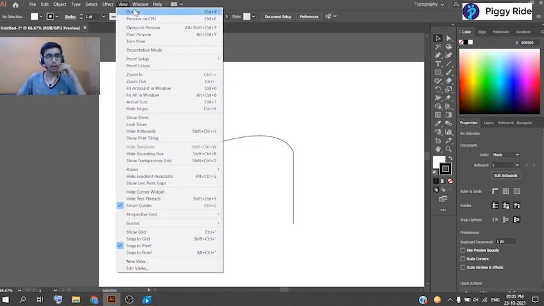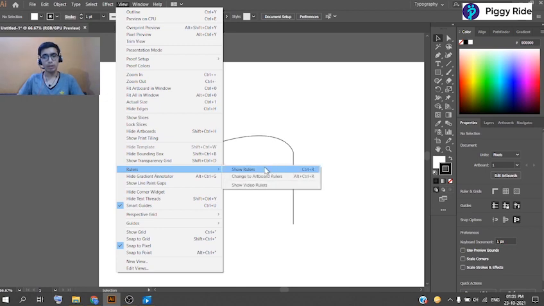Then we have the view panel. In the view panel, we have zoom in and zoom out options. We have all the options from which we can view our artboard at different angles, show print tiling, hide the artboards, actual size, fit all in window, fit artboard in window, rulers.